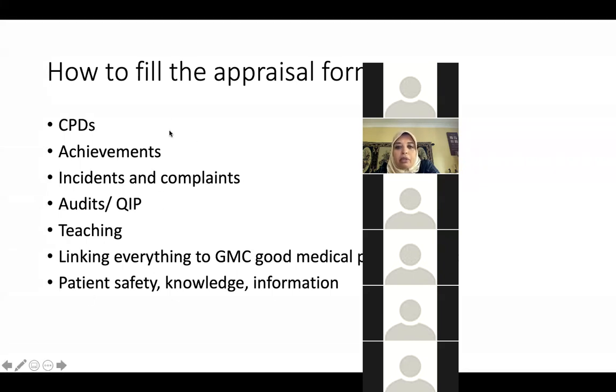On the appraisal website, there is a way to attach all the certificates and everything. It's very easy, as I said, signposted. Any teaching you've done, you just also submit there. Then at the end will come a final page, which tells you if you have achieved everything according to